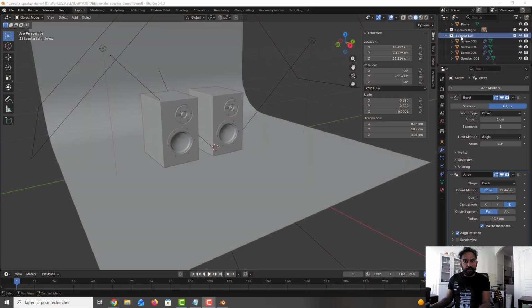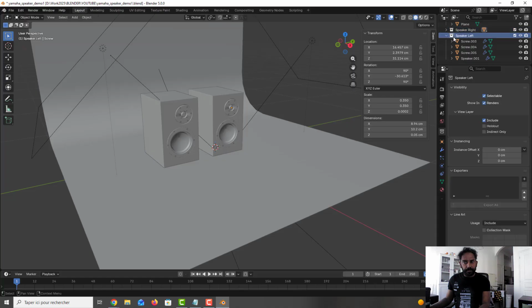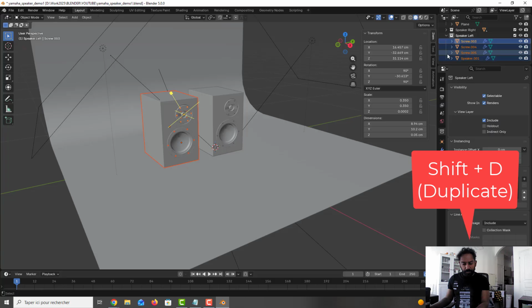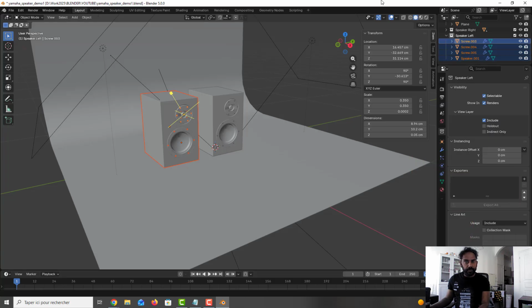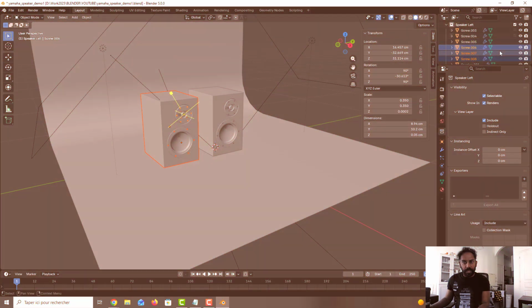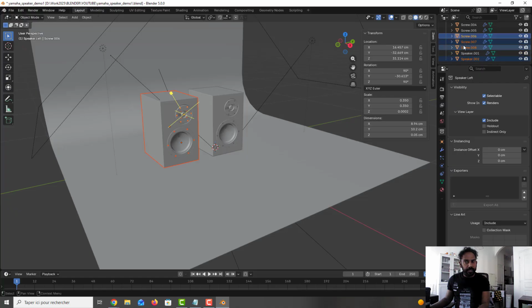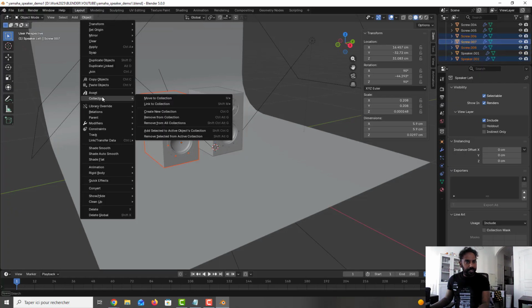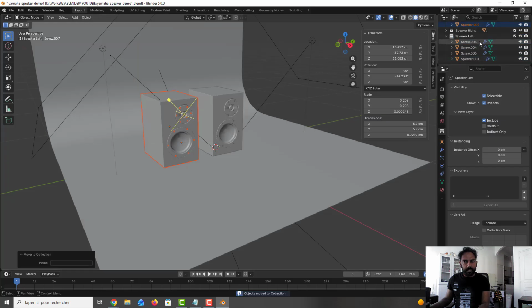When I've got the speaker left, we need a mirror of that. So I will do a copy of that. So I select all the stuff here and I press Shift D because we've got already a copy. After when I've done a duplication here, I can take the object, I can take collection, and I can move the collection to the first collection here. Okay, I can